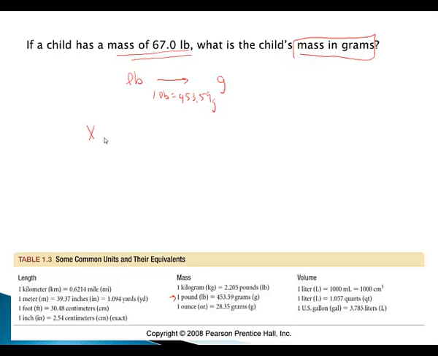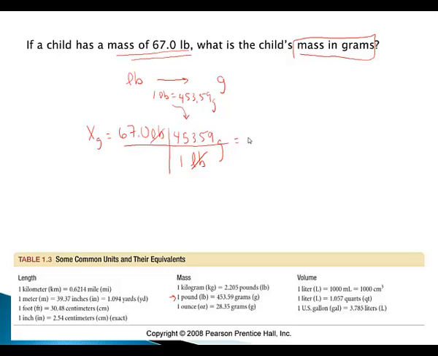I'm looking for a number in grams, and I'm going to start out with what's given, 67.0 pounds. Again, when I do dimensional analysis, I'm going to set up my ratio by taking the number that I'm given, and I need to cancel out units. So if pounds is on top, when I set up my equality here, I'm going to put the pounds on the bottom so the units cancel, and I put 453.59 grams on top. That way my units cancel. I'm given grams, and